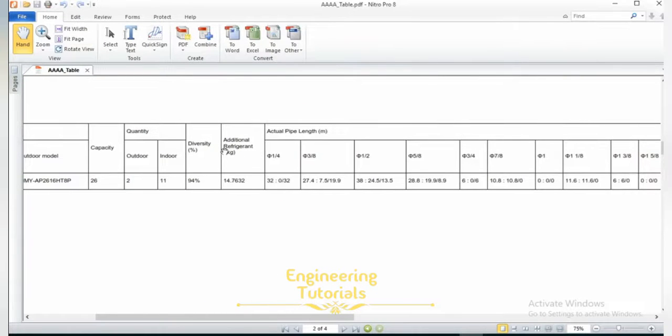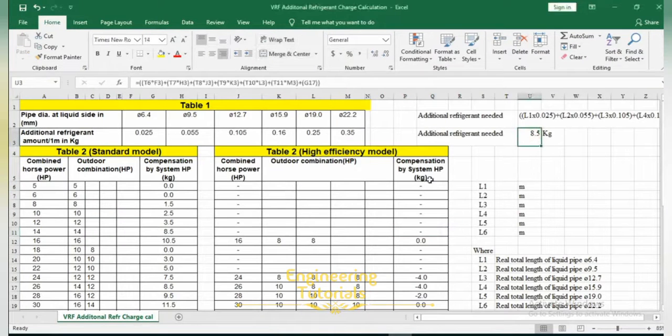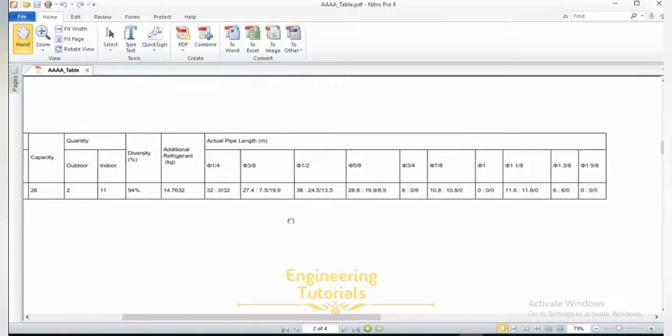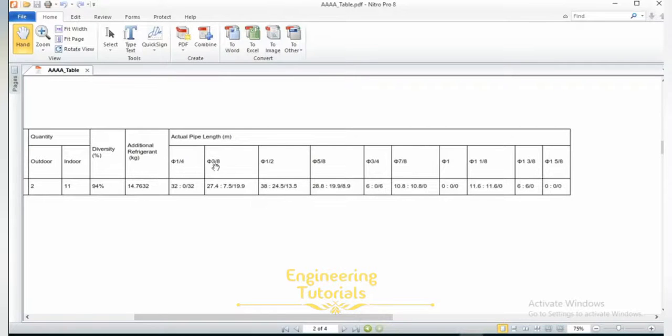And as you can see, through the software we have calculated 14.7 kg additional refrigerant. So I will compare this value with the value in my Excel sheet. Let's go back here, and you can see all the diameters which we have used in our